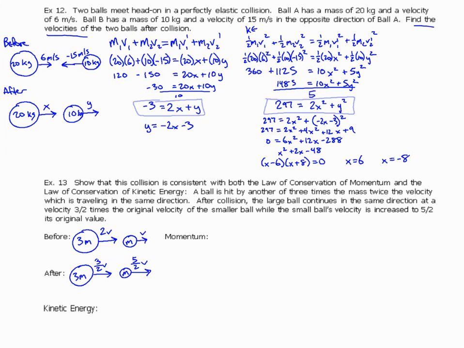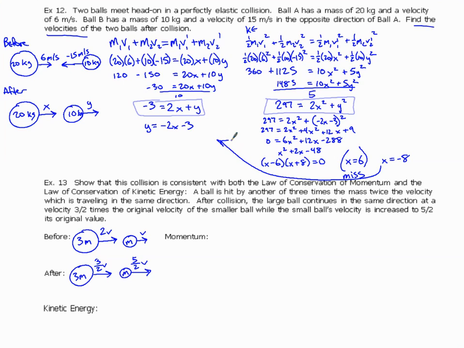So we have this ball A, ball number 1, coming in and hitting, and what we expect in this Newton's toy is for it to rebound in the opposite direction. And so if it's 6, if it continues in the same direction with the same speed, this one's a miss. And so this is not a good answer here, because if the speed here is the same as it was originally, it means the two balls did not actually collide. But if it goes off at -8 meters per second in the opposite direction, this is likely going to be our speed. So we're going to put this one in